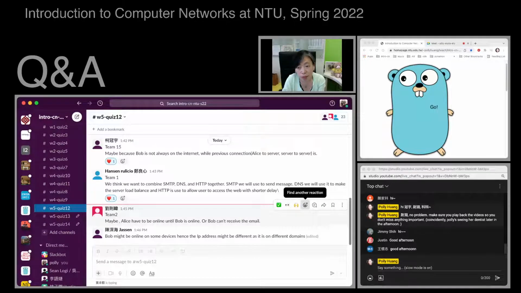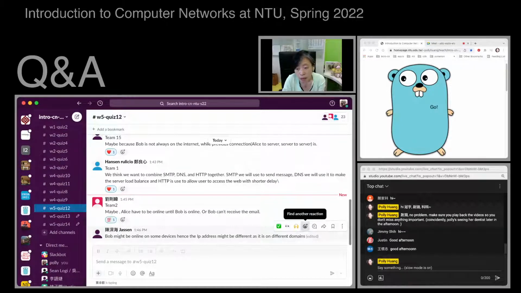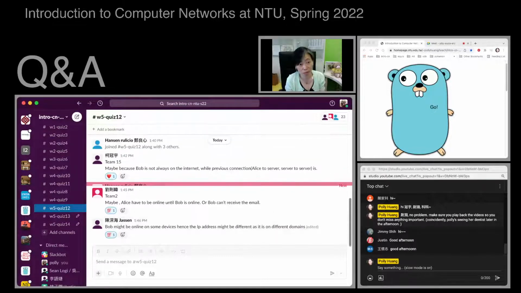Yeah, I see that you guys are getting the point. So the reason that the receiver, Bob, is fetching more actively is that he wants to read these emails when he needs to, and that's an action triggered by the user himself or herself. Unlike SMTP, which is to push emails all around on the internet. So the functionality is also a little bit different.